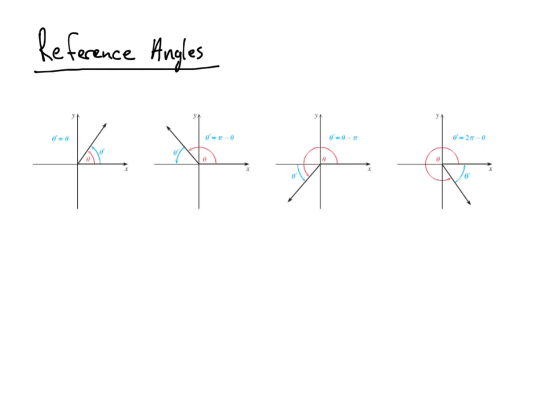So the reference angle is here, here, here, and here. And the red angle is the original angle. So, for example, let's look at this one over here. The red angle, theta, is something in the third quadrant. Let's say it's 225 degrees. The reference angle,